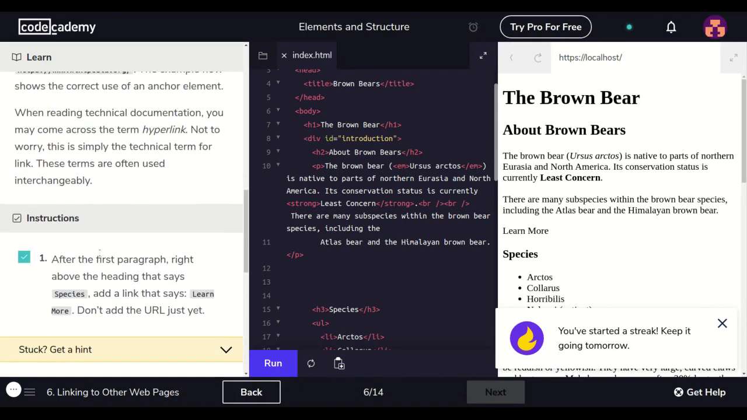So after the first paragraph, right above the heading that says species, add a link that says learn more. Don't add a URL yet. Okay? So we're going to be describing the link first. So that's basically what it's saying. Add a link that says learn more. Do not add a URL. So basically you could treat this as like,